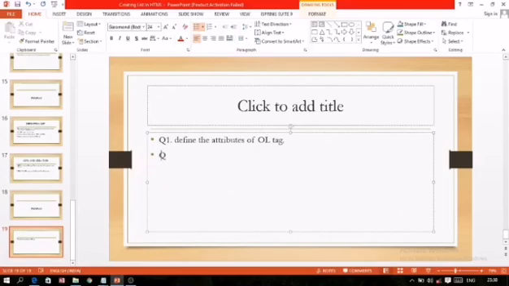Now the next is question number 2. In question number 2, you have to write an HTML program for a nested list.